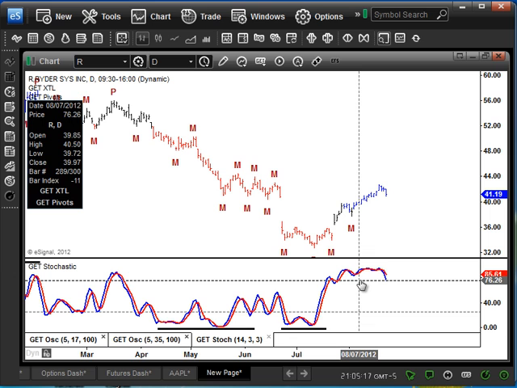The stochastic trade is typically a lot easier to identify than an Elliott, mainly because in order for the market to be in a wave 3 and a wave 4, you have to have a perfect wave 1 and 2. So for this to be a type 1 trade, this would have to be a wave 4. In order to get a wave 4, wave 3 has got to be in the proper ratio, wave 1 and 2 have to be in the proper ratio. You have to have a lot of moving parts. So the type 1 trade, you're not going to see as many of them, is what